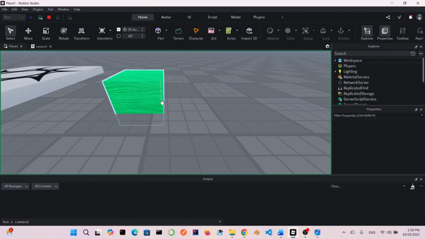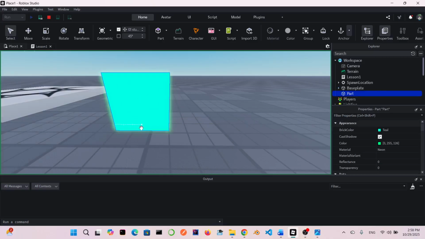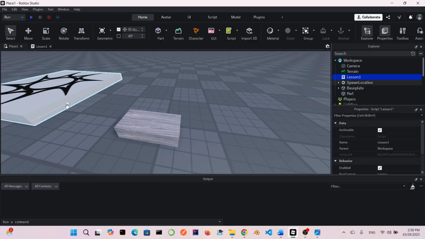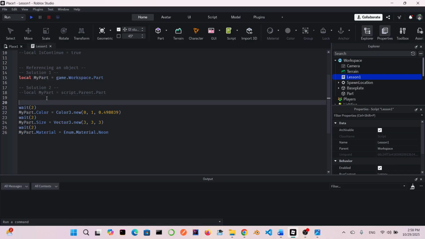Okay, the color is changed, the size is changed, and the neon. And I like to change the position as well because you can see the position is not good. It's inside of our ground. So let's change the position here after making the variable. I like to change the position. I can say my part